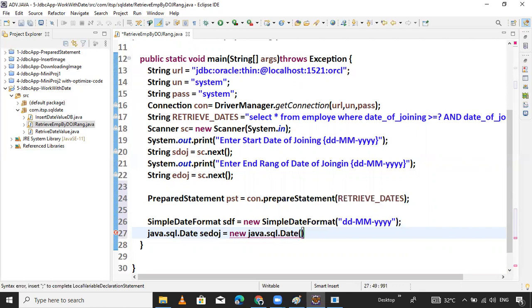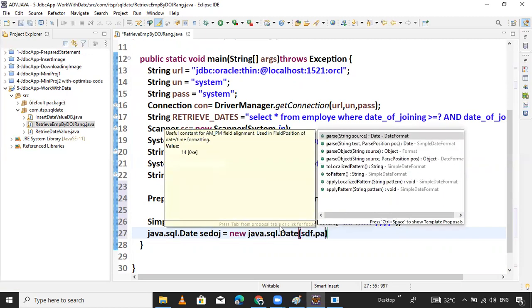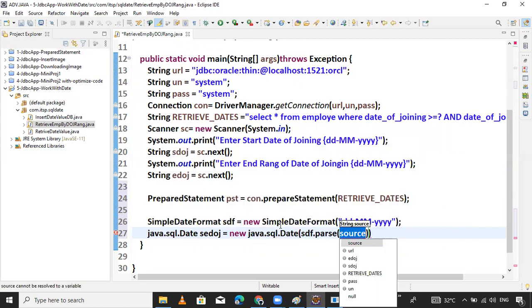Inside the constructor, pass the SDF dot parse method, SDF dot parse the source.